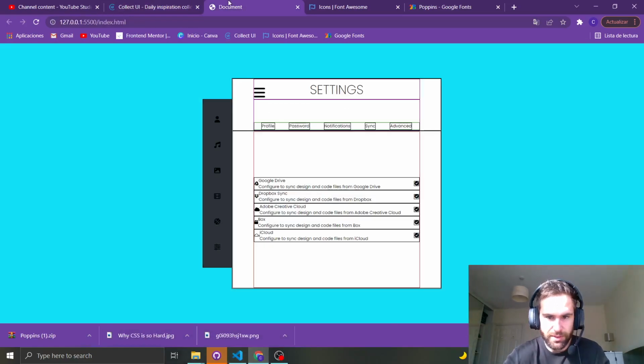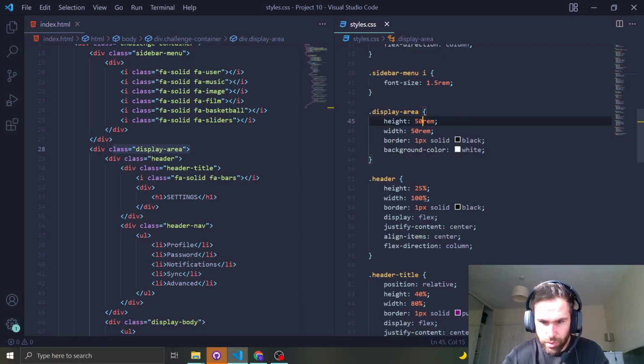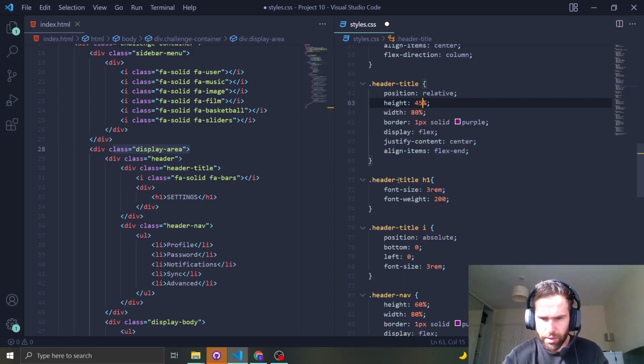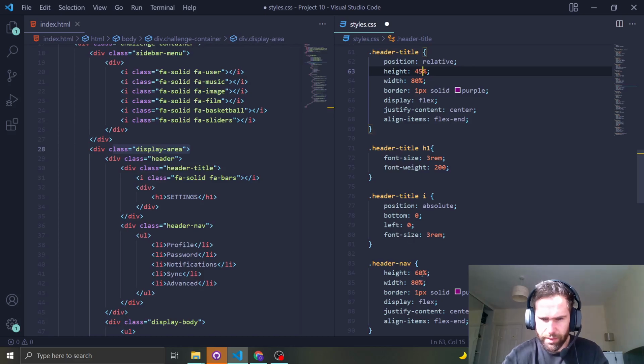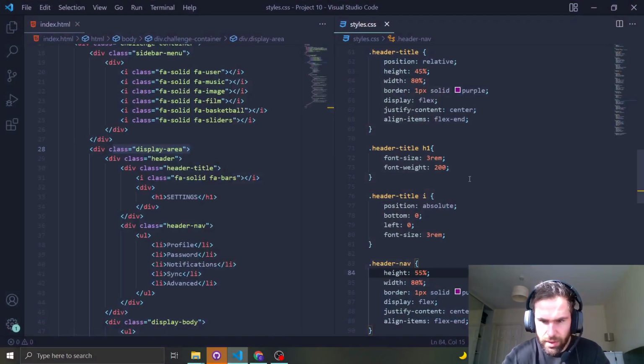Right, that seems close to the original to me. And we're going to make this actually a bit bigger. So the header area has a height of 25%. Then the header title has a height of 40%. We're going to give it a height of 45%. We're going to give the header nav a height of 55%, so it adds up to a total of 100. Right, and that's, I think, closer to the original. That looks better. We're going to go to the header title,